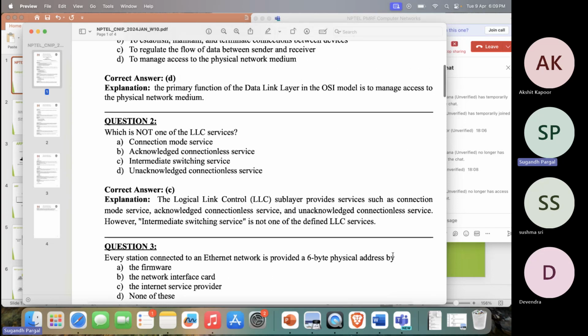Okay, so the next question is, every station connected to an Ethernet network is provided a 6-byte physical address by